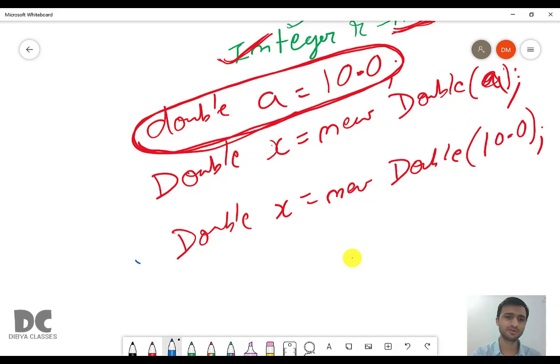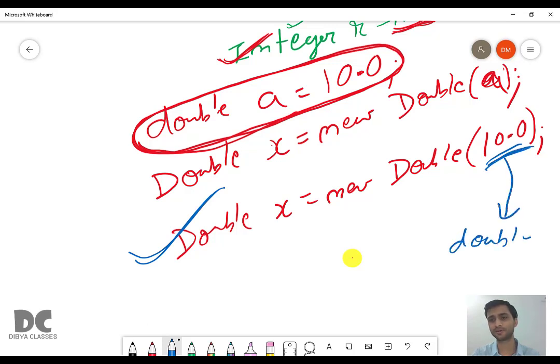This is also an example of boxing. Automatically Java will think that it is of primitive type double. If it is a decimal value, Java will automatically think it is primitive type double. If it is an integer value, Java will automatically think it is a primitive type int. So now since it is a primitive type, we have to store it in a class type or object. Therefore, we have to use the method of boxing.